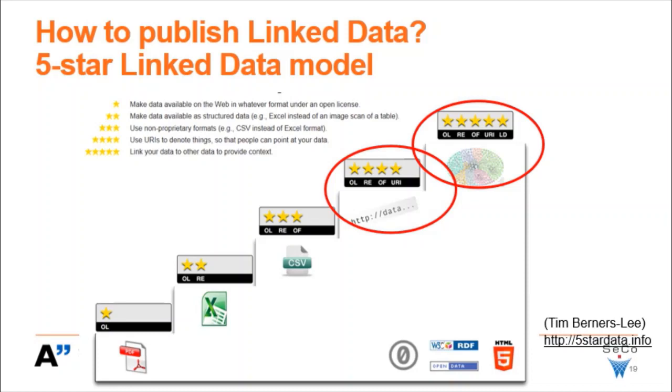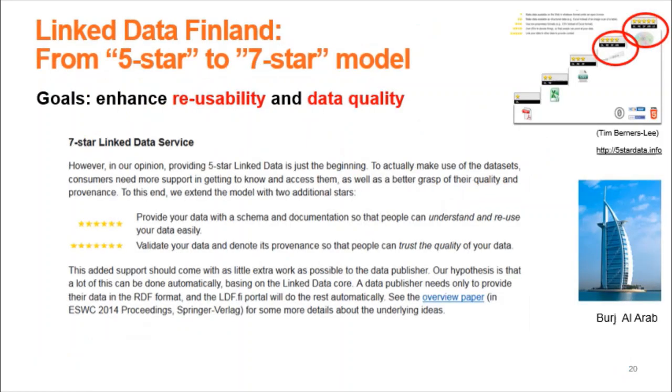Then comes the linked data part, actually. You get the 4th star if you are using IRI or URI identifiers in your data and interlink it internally. And then you get the 5th star if you provide the links not only within your own dataset, but also to other datasets in order to enrich those and get more information also to your own dataset. Linked data publications are typically evaluated by using the 5-star model of Tim Berners-Lee.